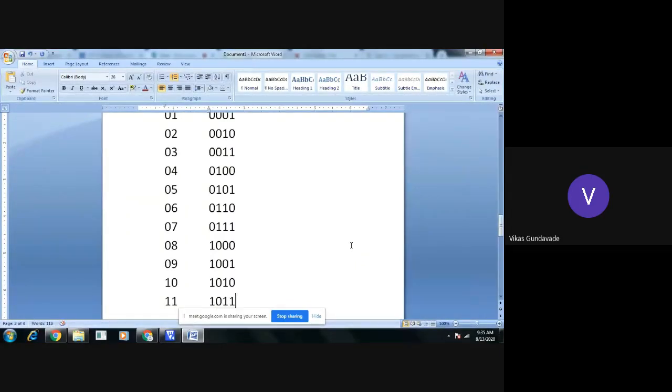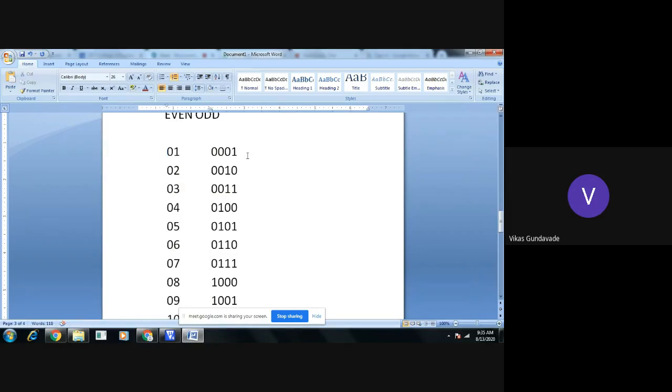Now, if we take such numbers and check here: for the number 01, the LSB is 1. So this LSB becomes 1 if the number is 1. The same LSB is 1 for the count 3, then for 5.